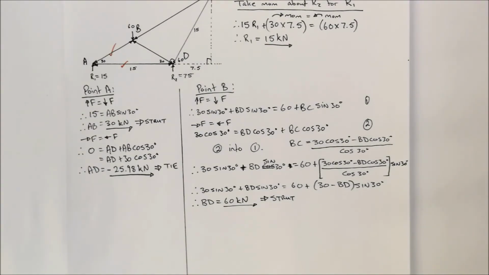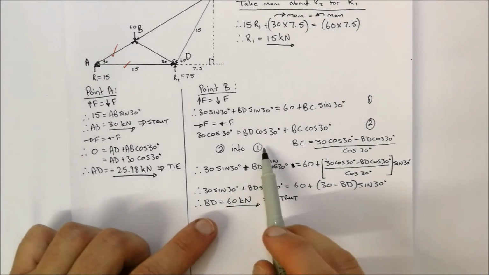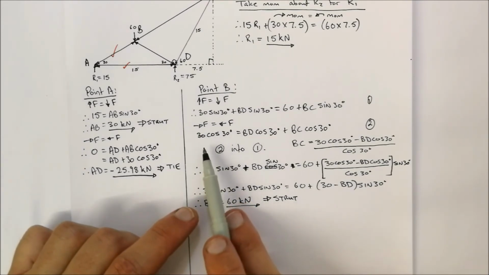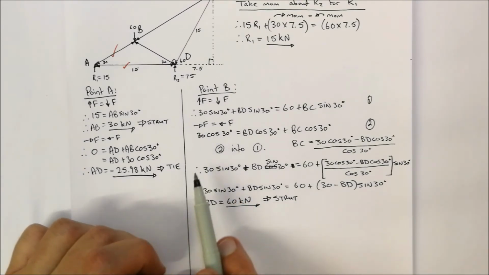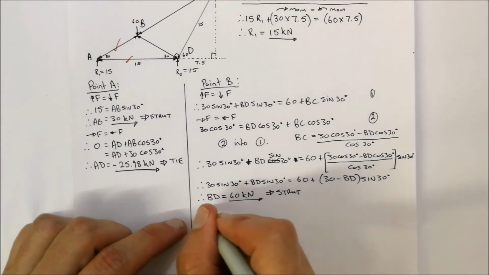Okay, now we've got BD, and we've substituted 2 into 1, so now we've got to take this BD and substitute into 2, so that we can calculate then what is BC. Okay, so therefore